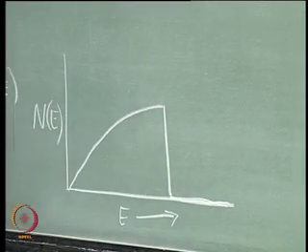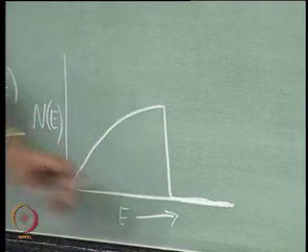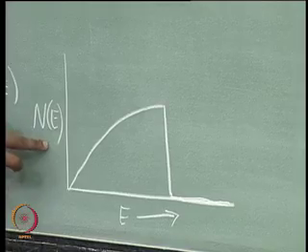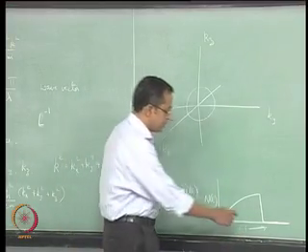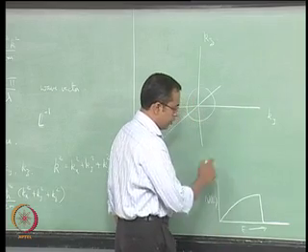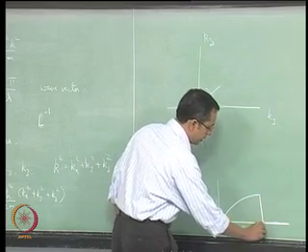So at 0 Kelvin, this is the manner in which the density of occupied states behaves as a function of energy, okay, and this energy where the density of occupied states drops to 0 is the Fermi energy EF,